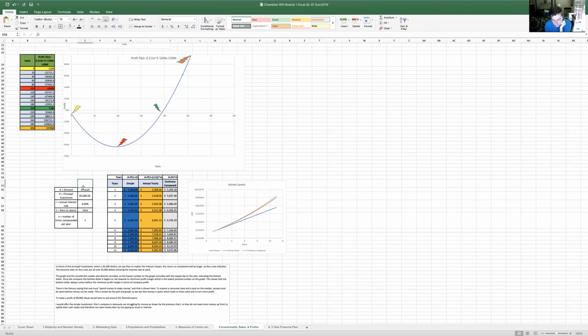One of the questions asked was, if I was Elon's marketing manager, which investment option would I offer and why? I'd probably offer just the simple one. The company is not struggling for money at the moment. They're making a pretty hefty sum at 197,880 just from flamethrowers, which is a pretty niche market. So I would just play it safe, play the simple. It's a straight line. It's going to yield less interest.